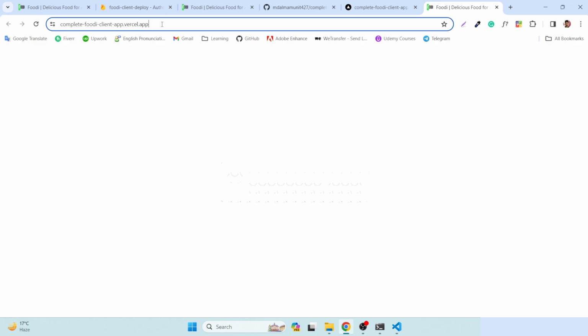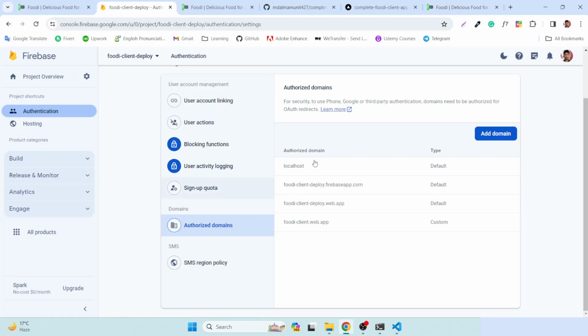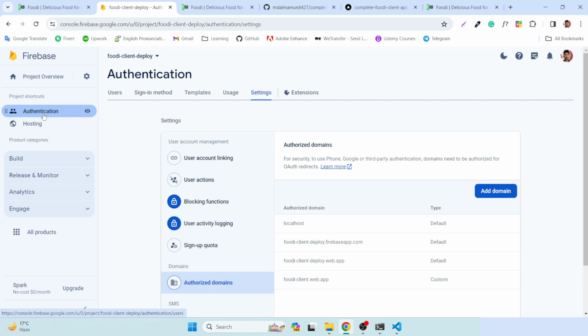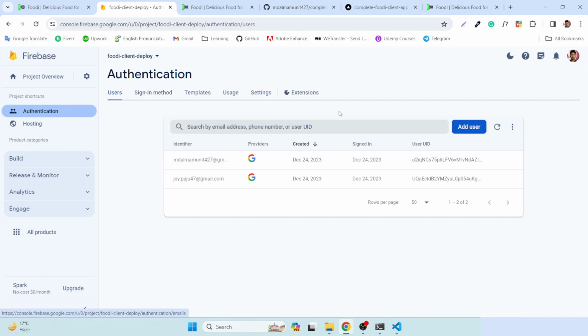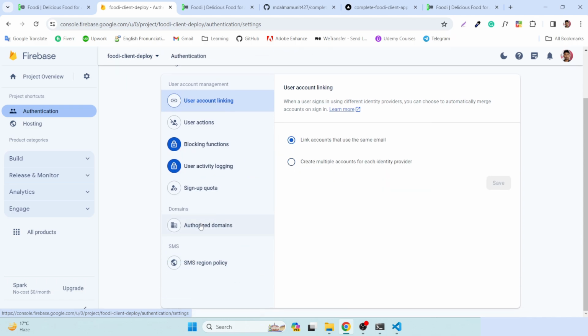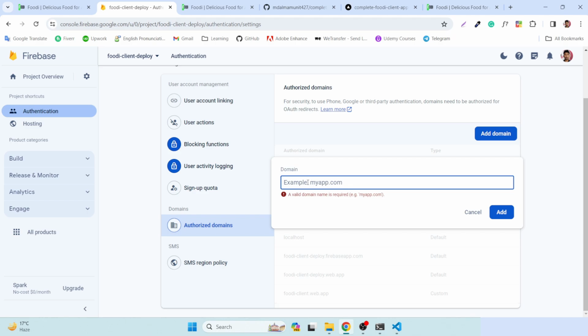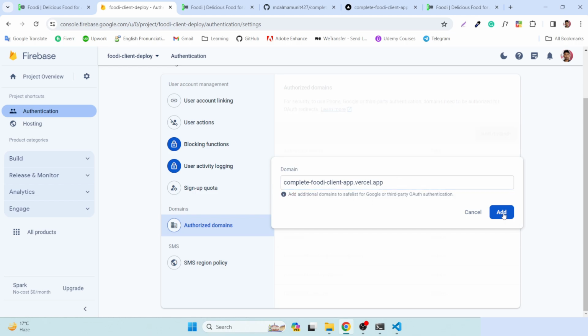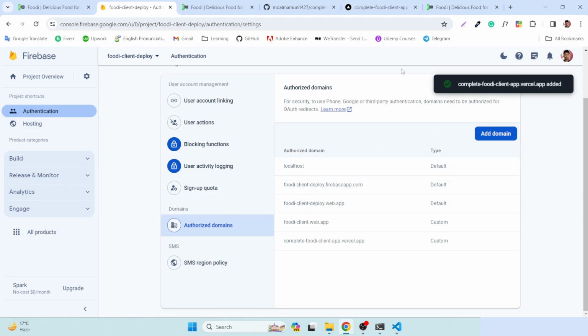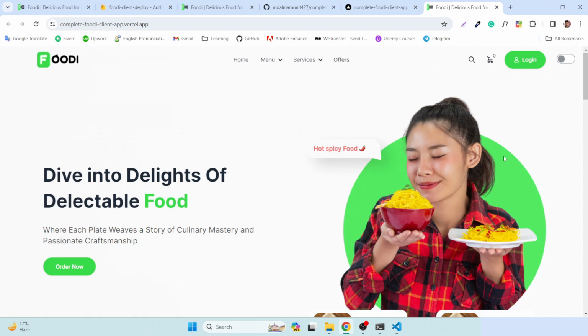Well, that's why, because you have to add this URL to your Firebase. So from here you have to go to these authentications, then you have to go to settings, then here authorizations domain, you have to add this domain, just hit domain and add this Vercel domain on this. So if you include this Vercel domain, so if you hit add, now the authorizations domain is added for the Firebase, and now